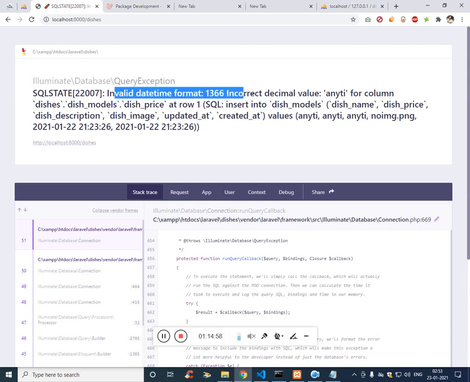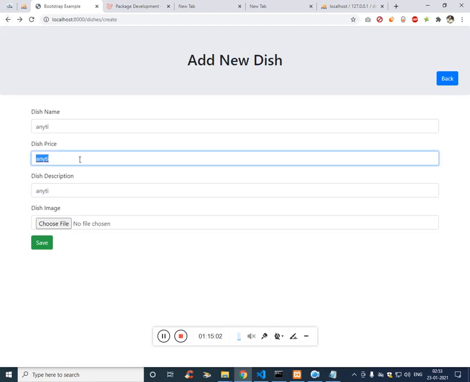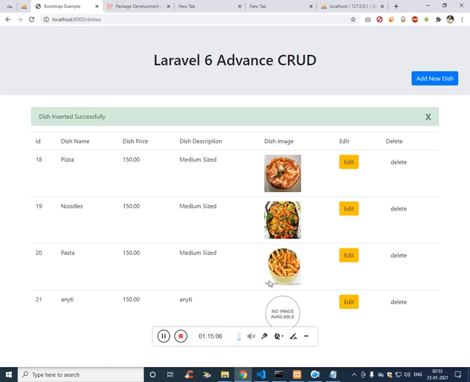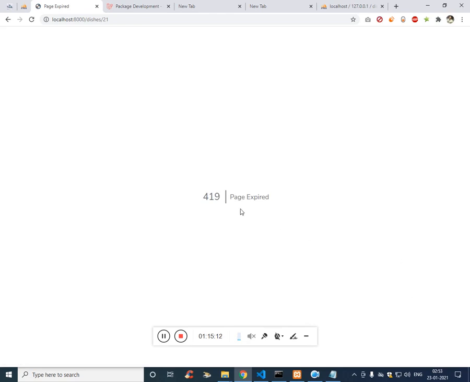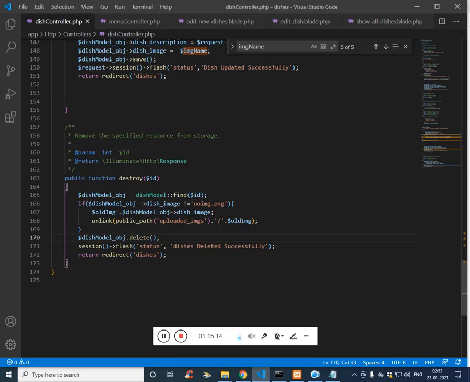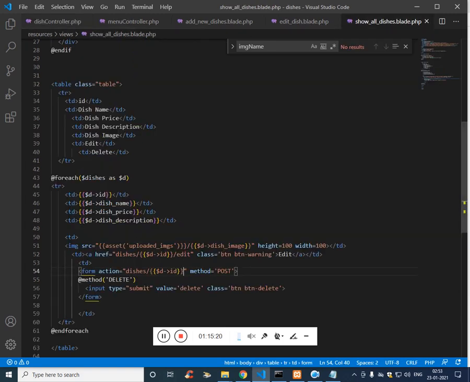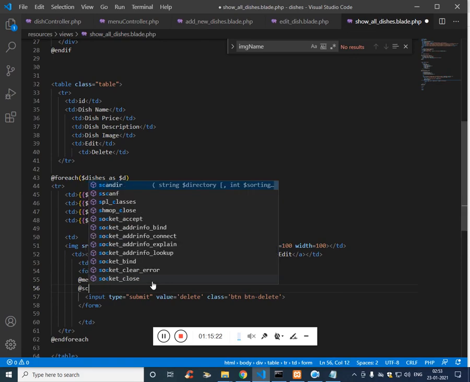Invalid datetime format, correct decimal value. Okay, we need to pass a number, 50. So let's try to delete this. Page expired, that means @csrf is missing. On delete @csrf.